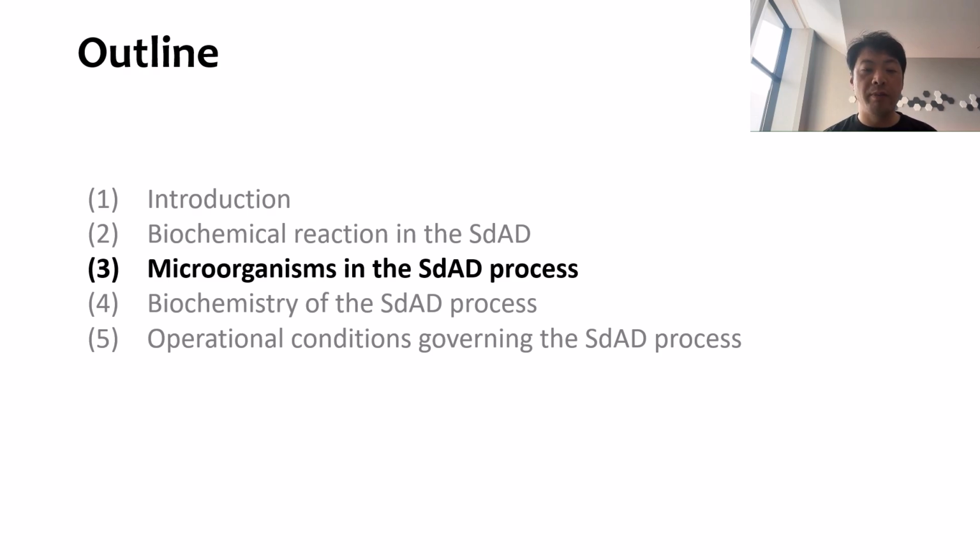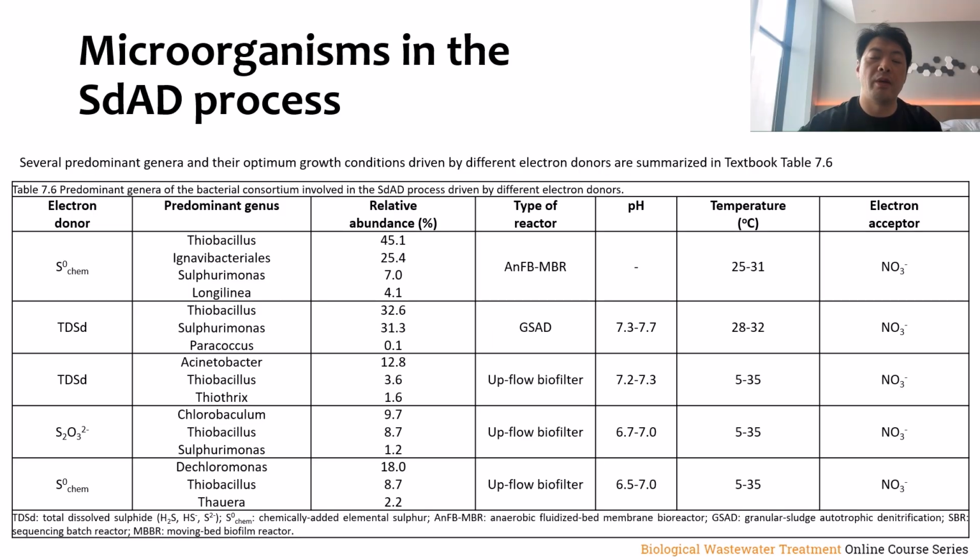After reviewing the biochemical reactions, let's also look at microorganisms in the sulfur-driven autotrophic denitrification process. The microbial consortia in the sulfur-driven autotrophic denitrification process are phylogenetically diverse, primarily comprising sulfur-oxidizing and nitrate-reducing bacteria. These bacteria predominantly belong to the phyla Proteobacteria,